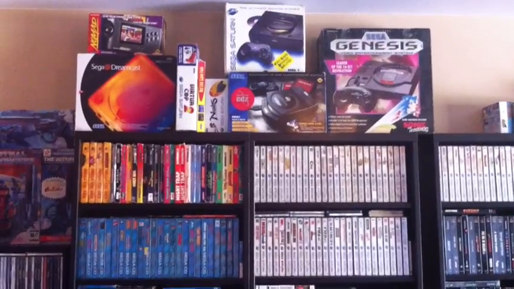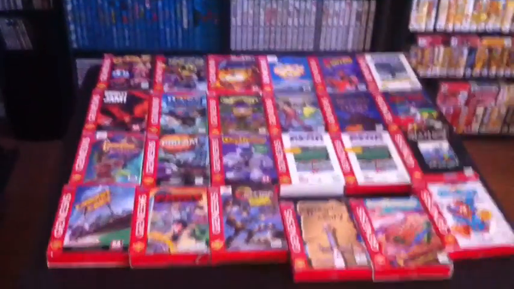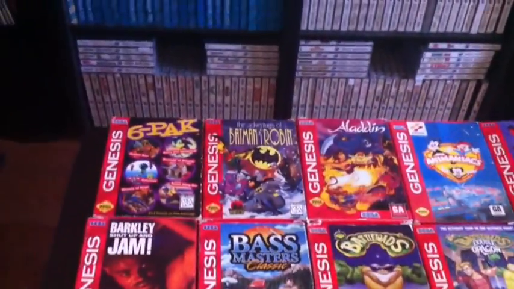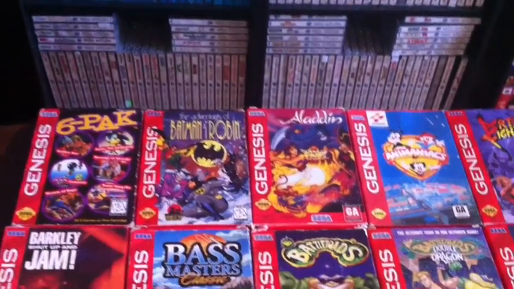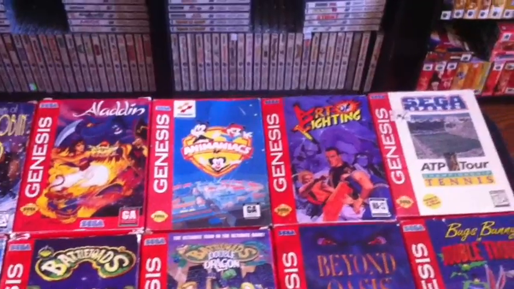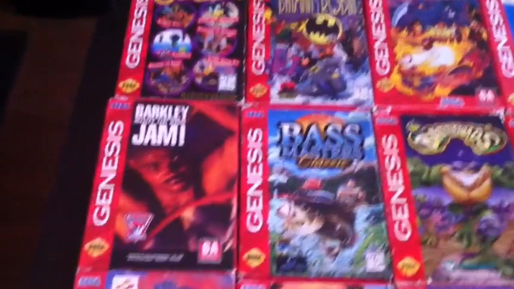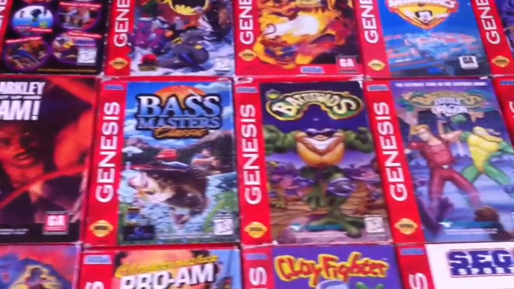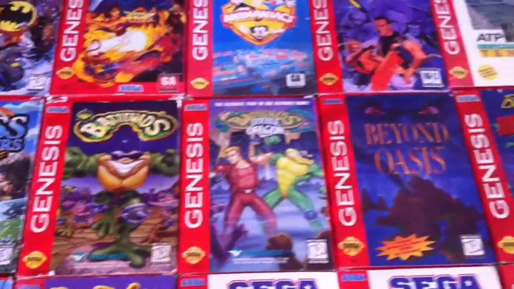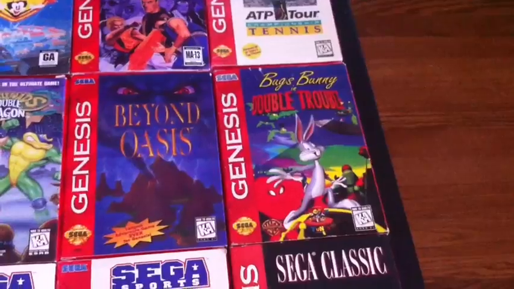Alright, I'm going to begin by showing you some of the Genesis slide boxes. I have them lined out here. This is the first 24. The first one you see is Six Pack, then The Adventures of Batman and Robin, Aladdin, Animaniacs, Art of Fighting, ATP Tour Tennis, Barkley Shut Up and Jam, Bassmasters Classics, Battletoads, that's a hard one to find, Battletoads and Double Dragon, Beyond Oasis, Bugs Bunny's Double Trouble,